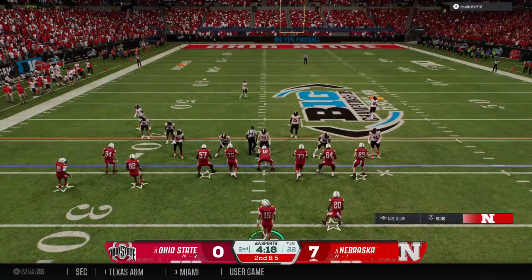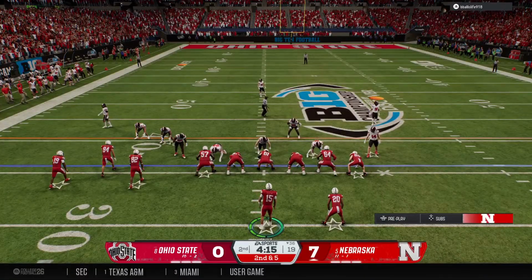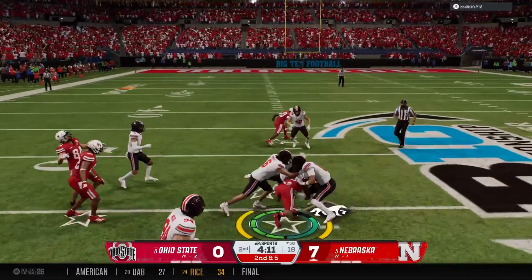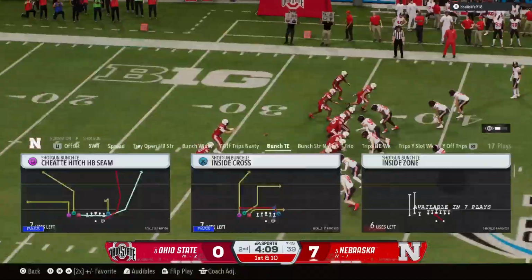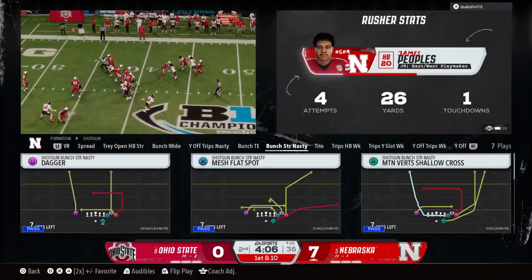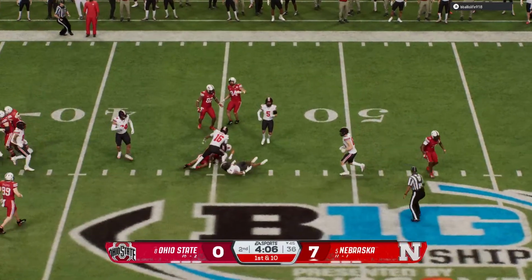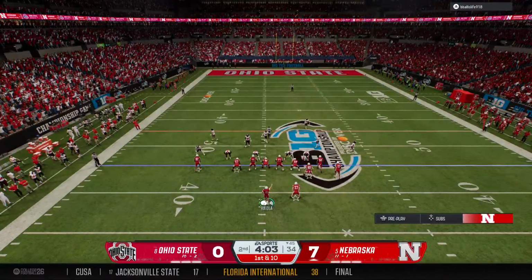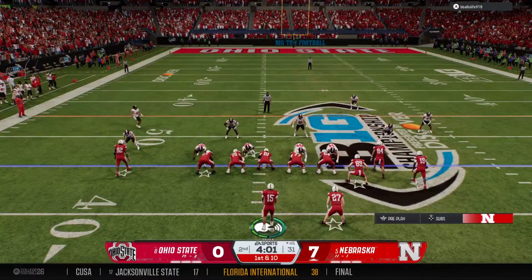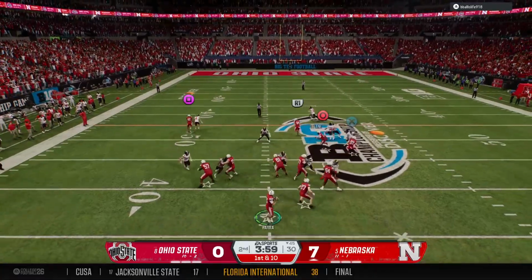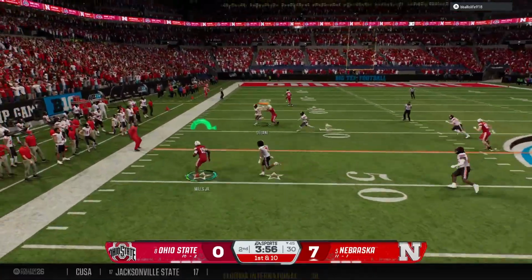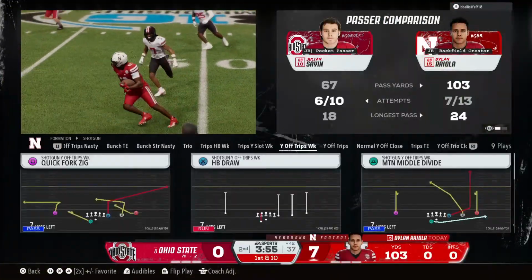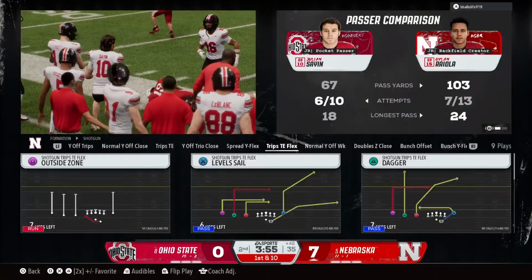A completion sets up a 2nd down play. Looking for some space. It's Peoples. And they tackle him, but not before he picks up the 1st. Boy, Chris, this back is so talented. Picks up another 1st down. The Nebraska faithful love to see the ball in his hands, just like they've loved to see the backs over the years. Think about T.O., Tom Osborne, when he had the backs going, Mike Rozier and Lawrence Phillips and Ahman Green, Roger Craig going way back. More recently, Ameer Abdullah, Rex Burkhead. Boy, oh boy, they've had some fun backs to watch.